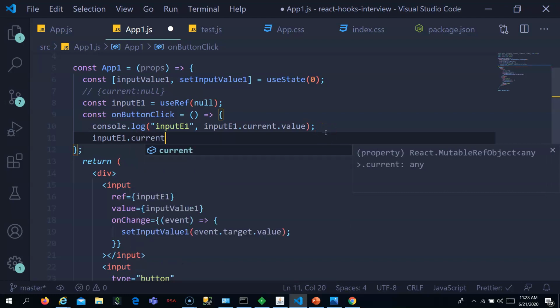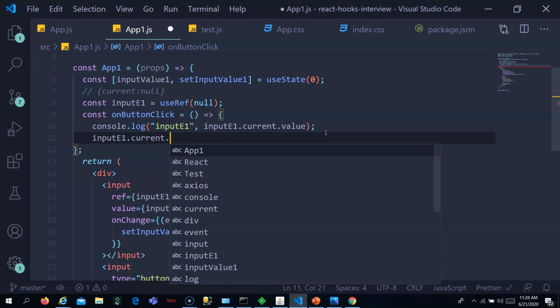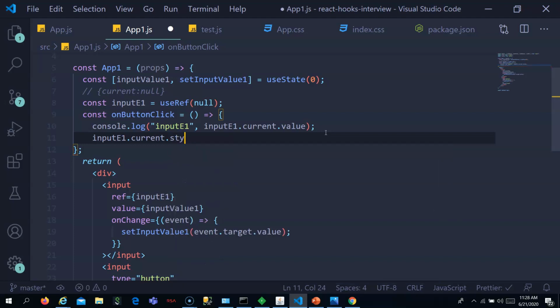Here you can change style.backgroundColor, changing it to yellow. Now every time we click it, it should change to yellow.